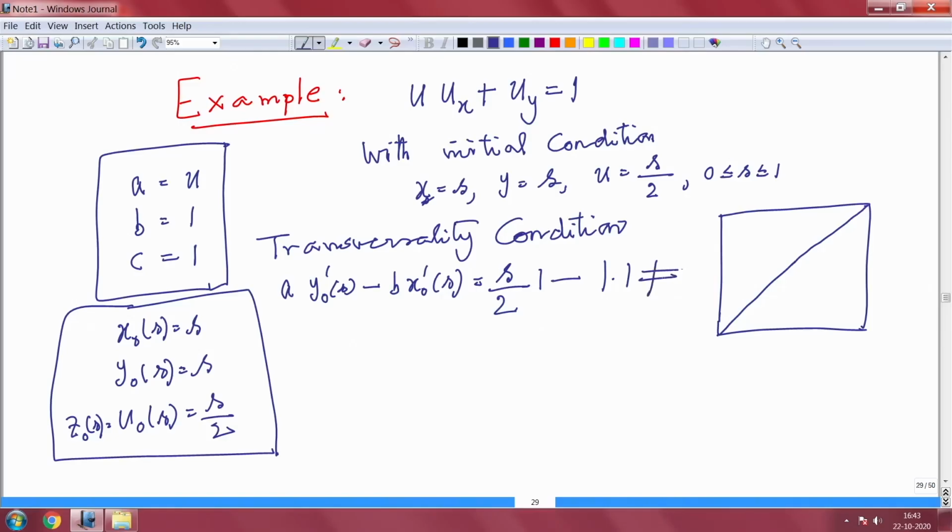So, this is not equal to 0. So, the transversality condition is satisfied. Now, try to solve it. Do you want to solve it? Now, solve dx by dt